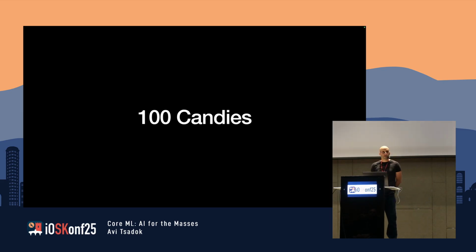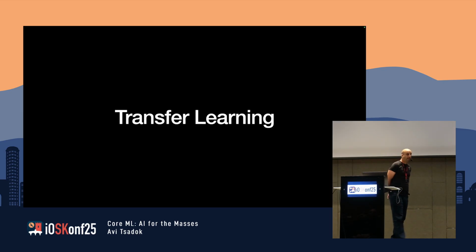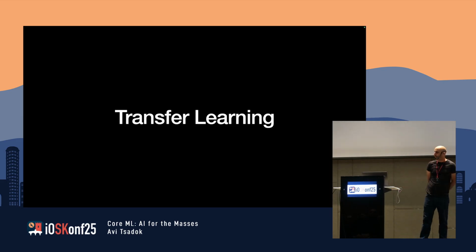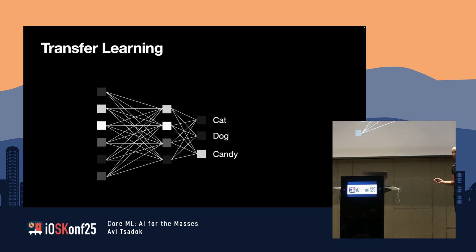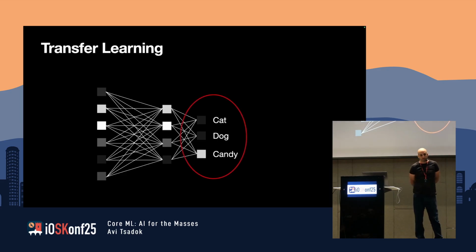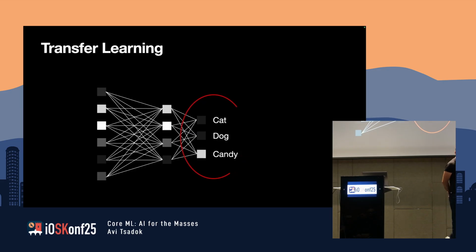So, there is a tool in machine learning that's called transfer learning. And transfer learning is something very, very cool. We take the neural network that we saw earlier, and you see the last layer, which is the output layer, which represents the different classes that we have. So I said that in the vision framework, we have now something like 1,000 classes. What we're going to do is we're going to select this layer, we're going to remove it,